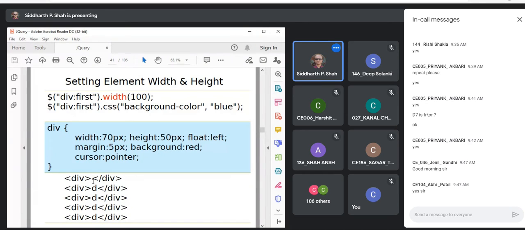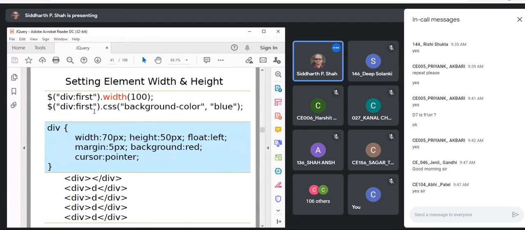Now these are some examples you can see. This is the example which sets the element width and height. If you want to set the height and width of any element, this is how you can do it. If anyone remembers, can you tell me what this selector means?